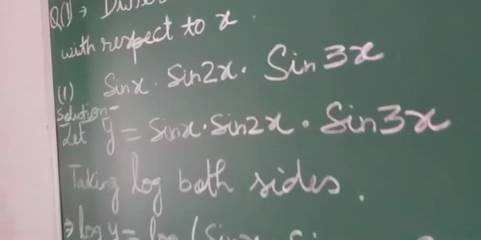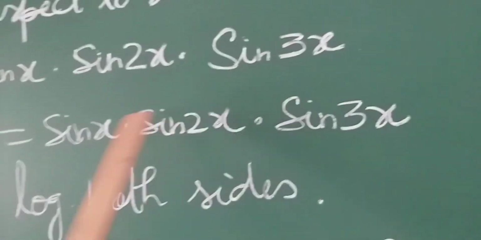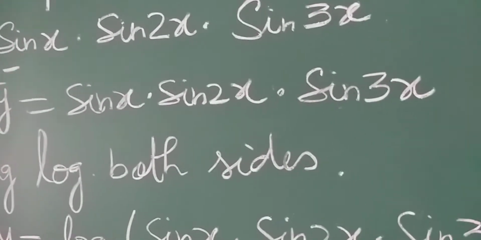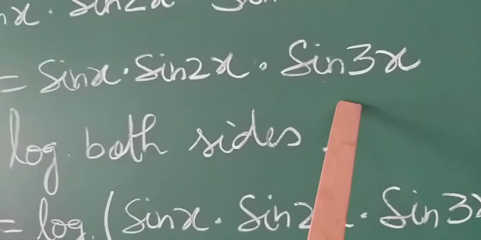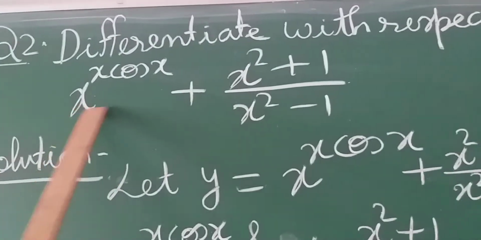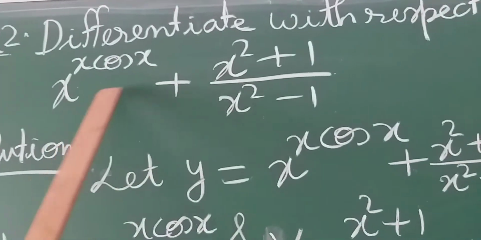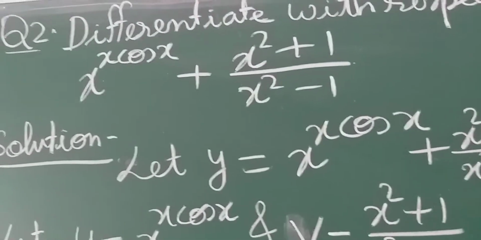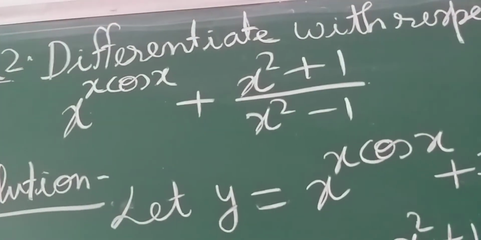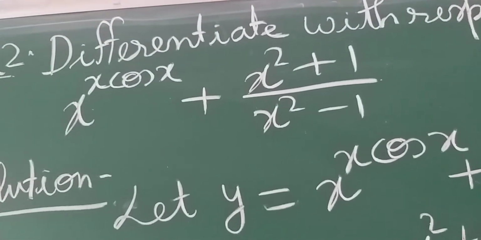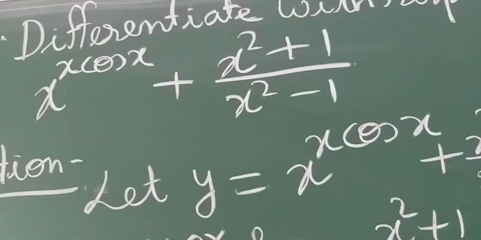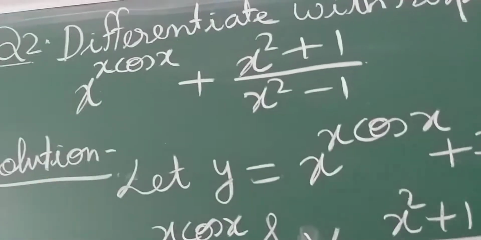Students, in the previous question we have taken log directly because all the terms were given in the form of multiplication, then it is easily opened. But in this case students, you can see there is no multiplication sign, there is a plus sign between these two terms. So we cannot take log directly because we cannot open the bracket if there is a plus or minus sign inside, and we will take log. Okay, if we are taking log, we cannot open it.